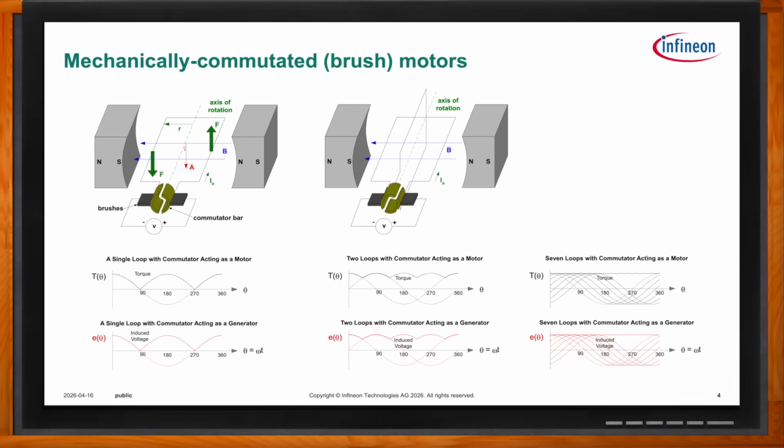So if you look at the torque graph right below on the left, the torque goes from a maximum down to zero. So you have 100% torque ripple on this basic machine. If the coil of wire is oriented vertically, you have no starting torque, no way to get it going. And so a common solution to this is you go to the middle of the page and you see essentially